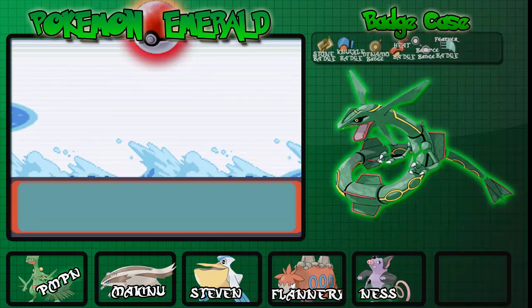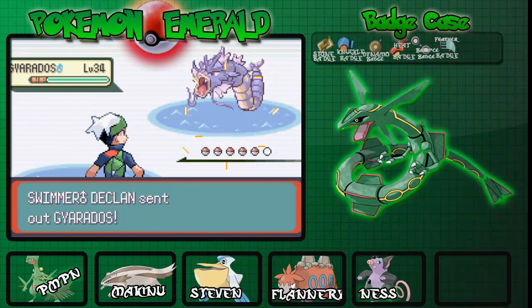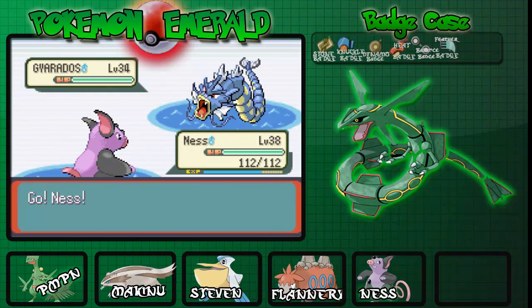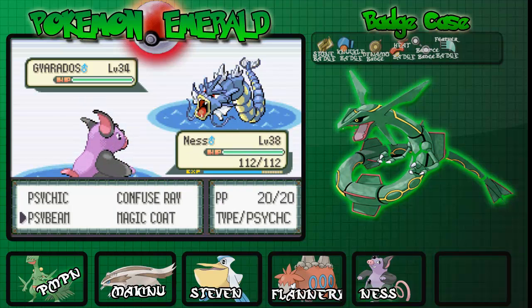I didn't really read any of that, but the last thing I read was pathetic. So I don't know. And we have Gyarados, of course. Attack doesn't really matter because he doesn't really use